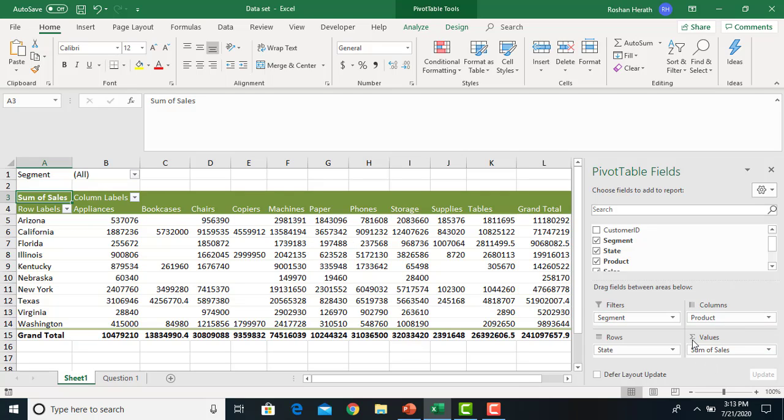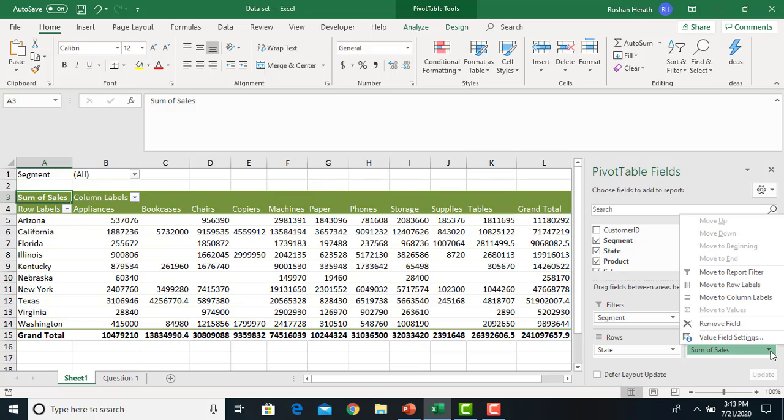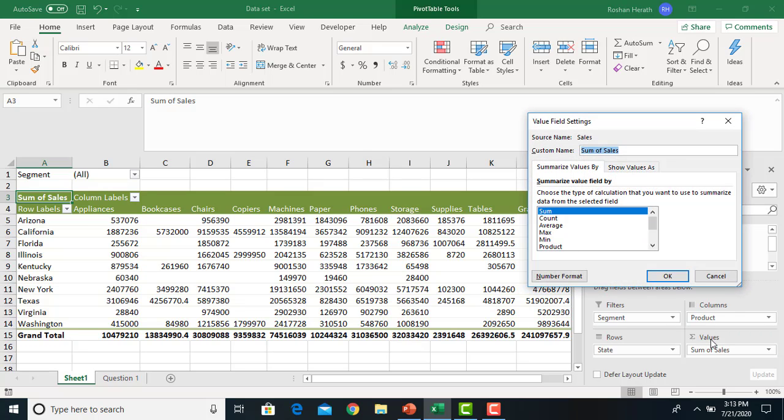The one thing is you can go to the values. In that you can click on this drop down menu. Then you can see the menu comes and there you have the value field settings. In the value field settings, you can see several inbuilt functions available. If you want a count, you can take a count. If you want the average, you can take that. If you want the maximum, minimum, the product, standard deviation, different kinds of things are available,